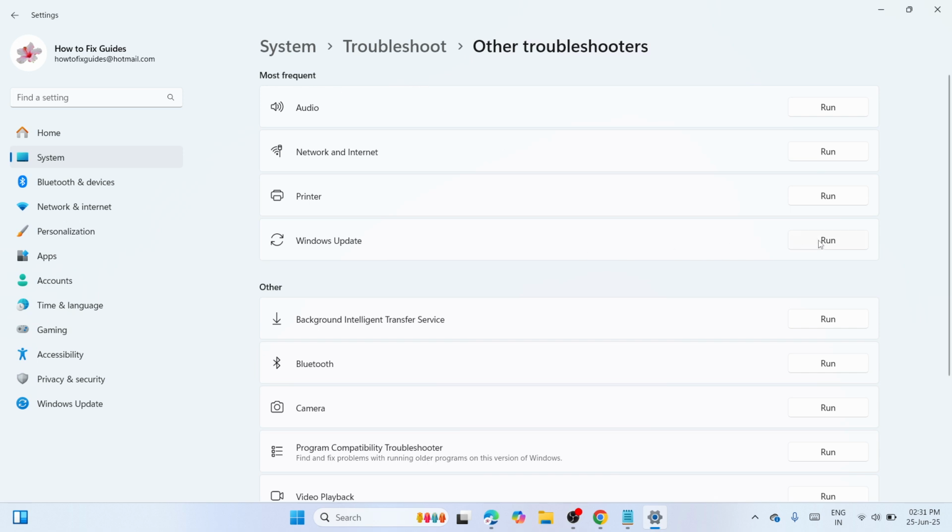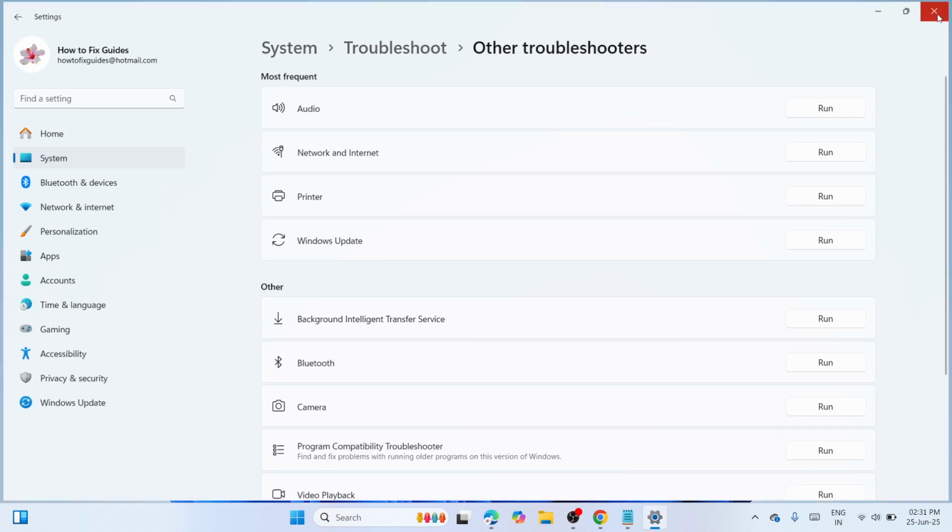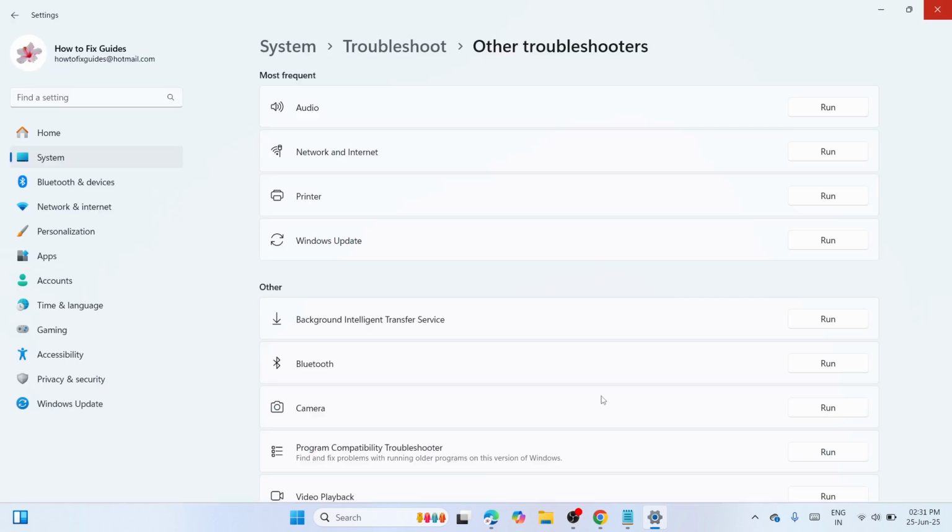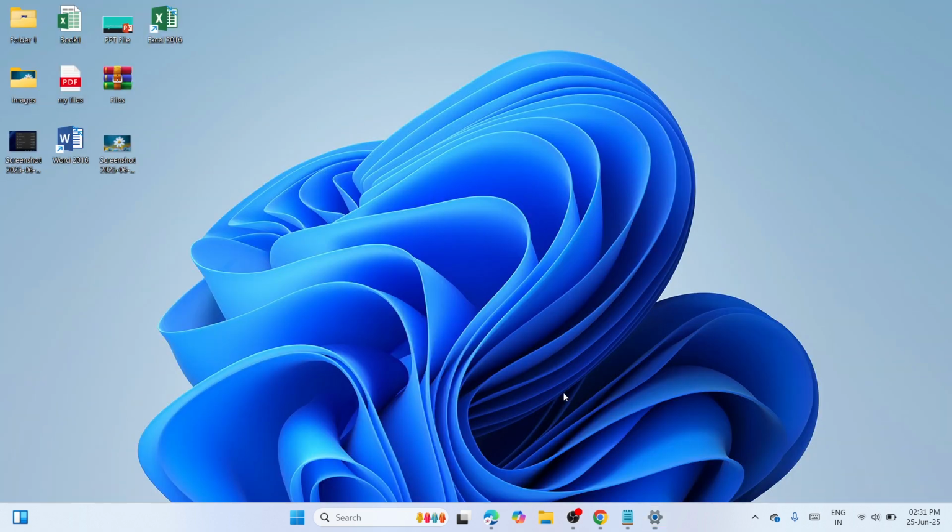This process will help you diagnose the problem. You need to wait until this procedure is finished. And once you have done it, try to run Windows Update again and check if it's working. However, if not, then we need to move to the next solution, and that is to reset Windows Update